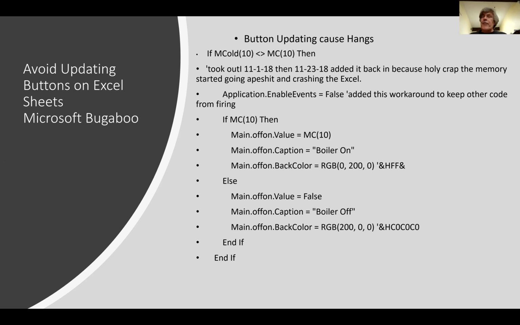And we found out that buttons you put on the screen, like a toggle button from Excel itself, if you update every scan, pretty soon it gets really, really slow, and then it crashes. So the workaround is that we don't update it every scan. We check to see whether the status has changed, and then we update it every time it changes. So when somebody pushes the button, pushes the boiler off, then it changes it. That's one bugaboo. There's a couple other bugaboos I'm sure I'm going to find, but I'll go ahead and stop this screen,